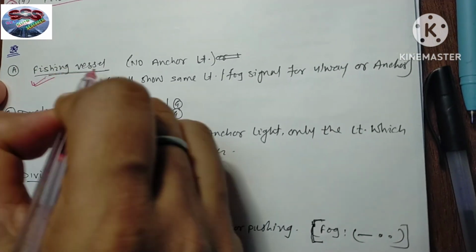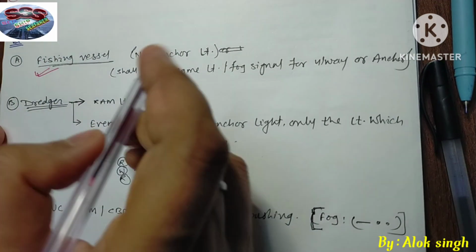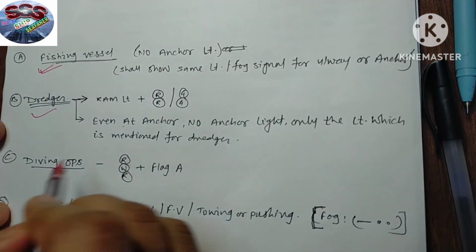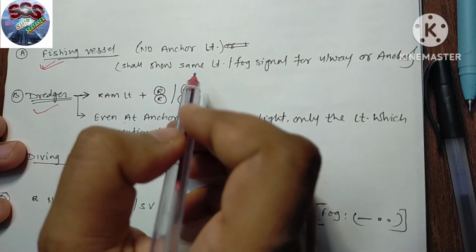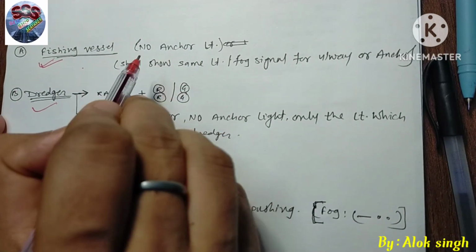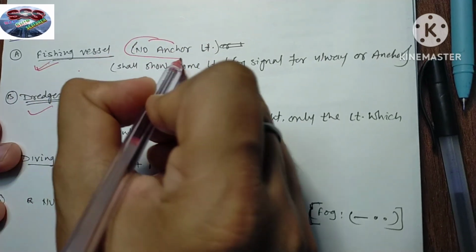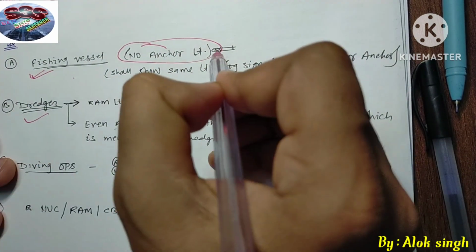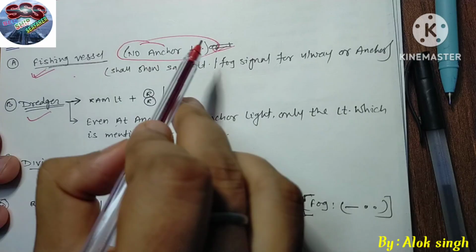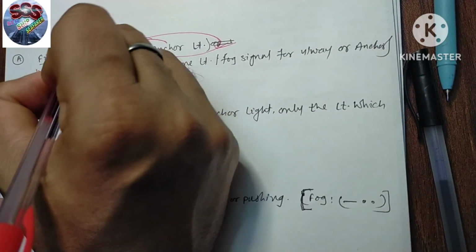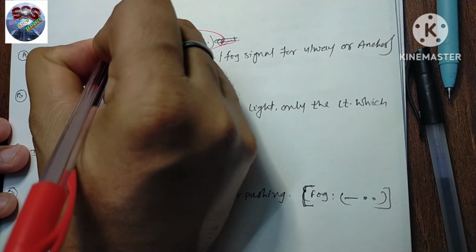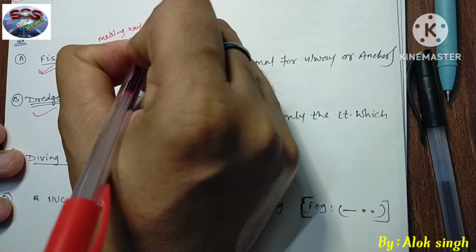When we talk about the fishing vessel, we have two types of fishing vessel: one is a dredger and one is normal fishing with a net. We have to be very clear that a fishing vessel never shows the anchor light. So if it is not showing an anchor light, then whenever we are saying this vessel, this fishing vessel will be making way also, and underway